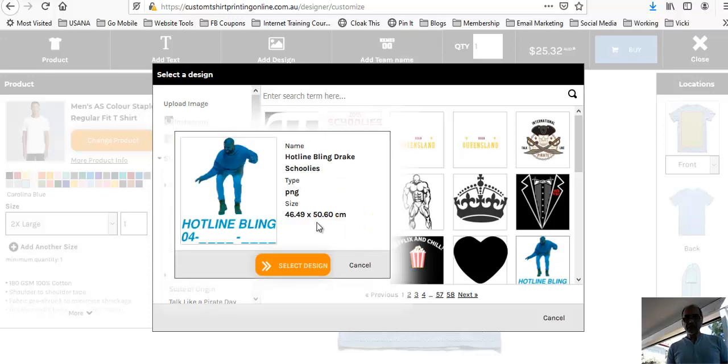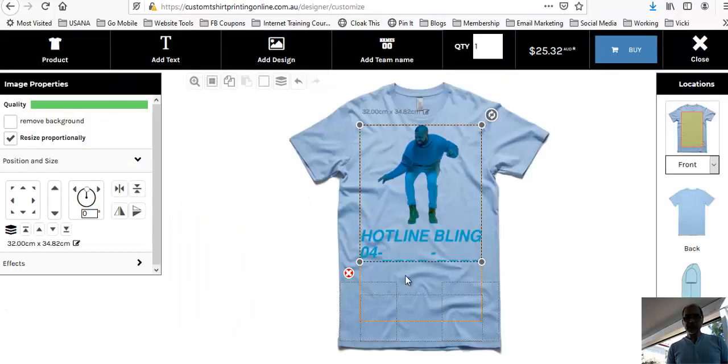These are the dimensions of the design. I'll select it. It pops up here. Now I have a choice whether to place it on the front, which is this little side here, the back, or on the sleeve. I'll let it be on the front for the moment. I'll do another tutorial for the back and the sleeve, but for the moment